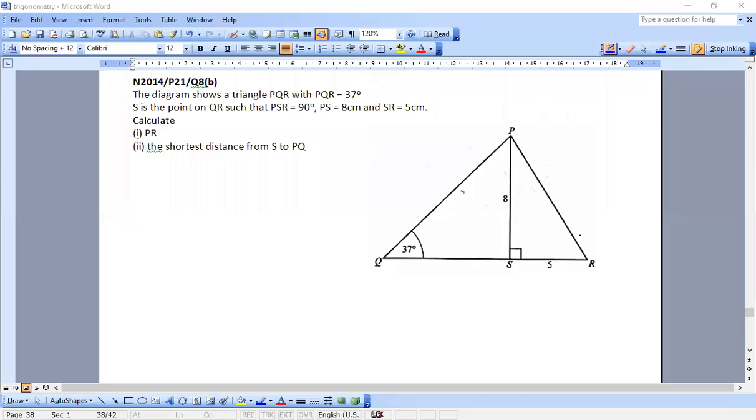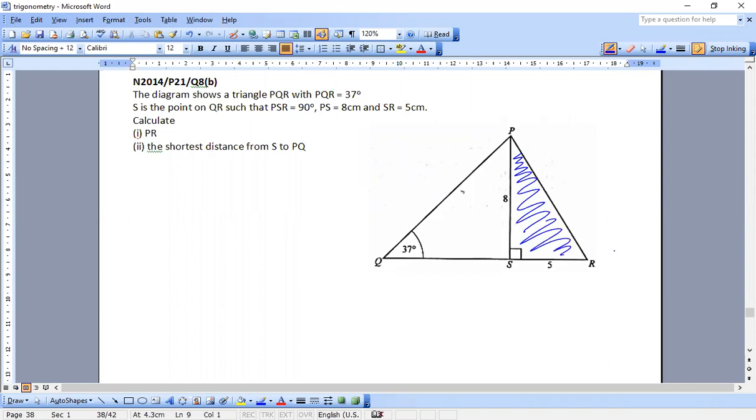The diagram shows a triangle PQR with angle PQR equal to 37 degrees. S is the point on QR such that angle PSR is equal to 90 degrees. PS is equal to 8 centimeters and SR is equal to 5 centimeters. Calculate PR. Okay, the very first thing is finding out the value of PR using this right angle triangle, which